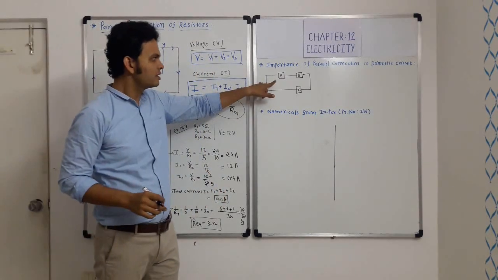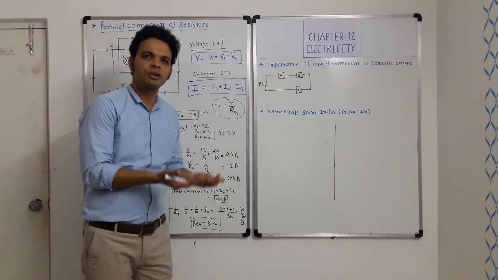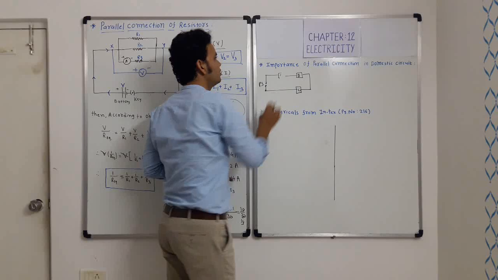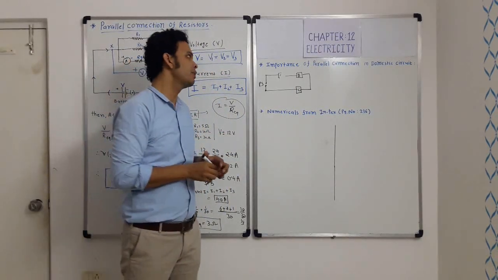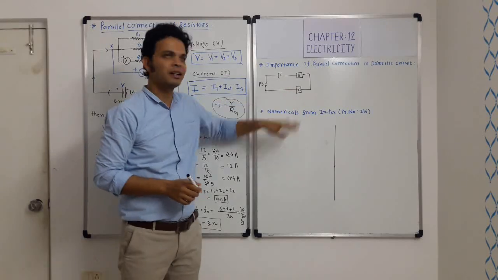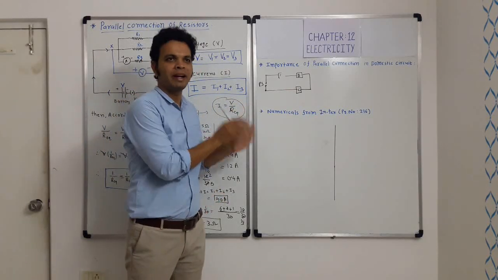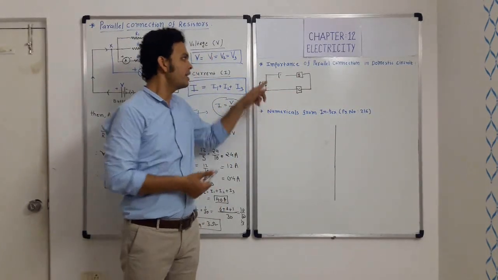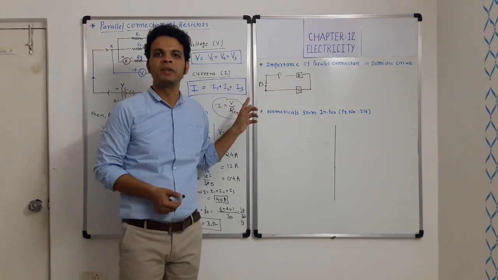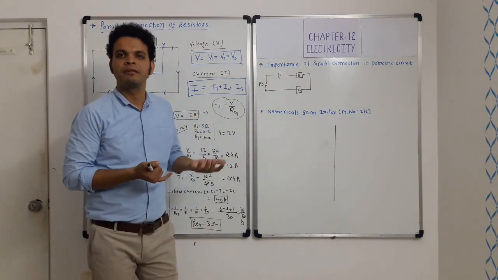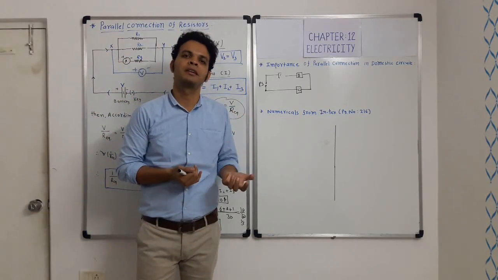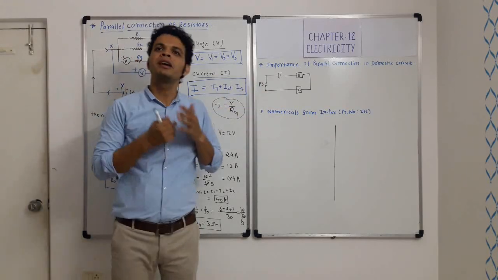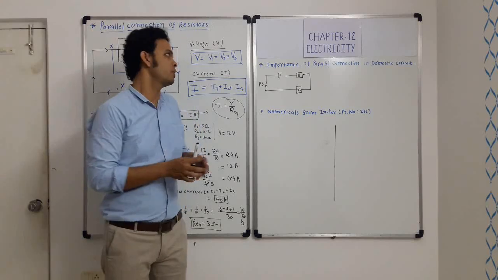Now if they are connected in series, let's say this is a fan and the fan got damaged for some reason. The electrical circuit gets disconnected, so current cannot flow. So even if only the fan is not working, your refrigerator and your electric geyser will also not work. This is not a wise decision. Further, you have already studied that current in a series circuit is always the same. But a refrigerator may require a different current, your bulb may require a different current, and an electric geyser requires a different current. So we cannot connect all the appliances of a household in series. So what is left? It is parallel.